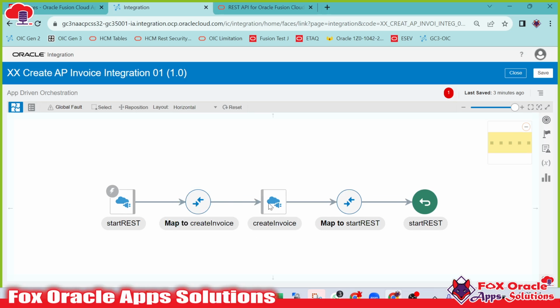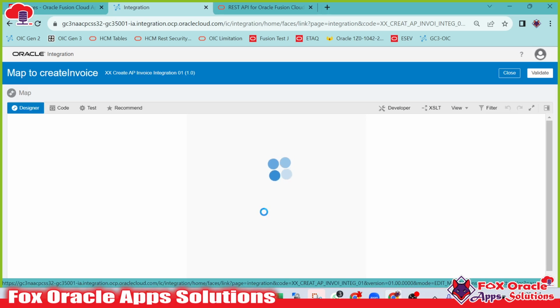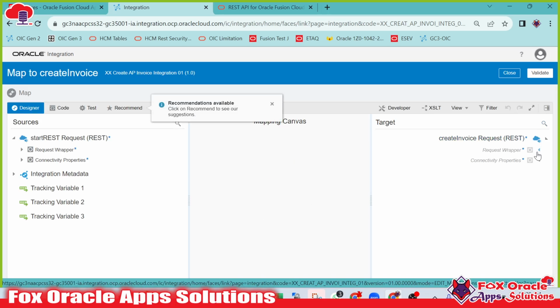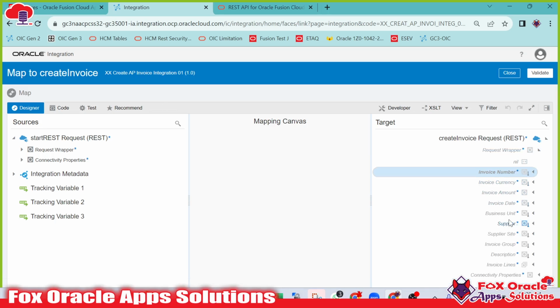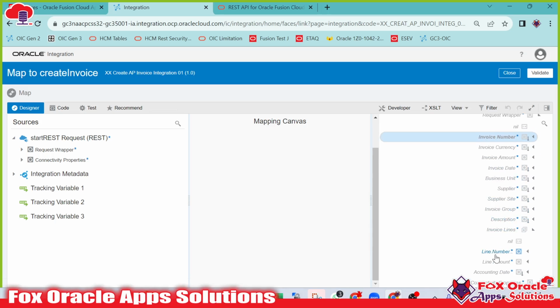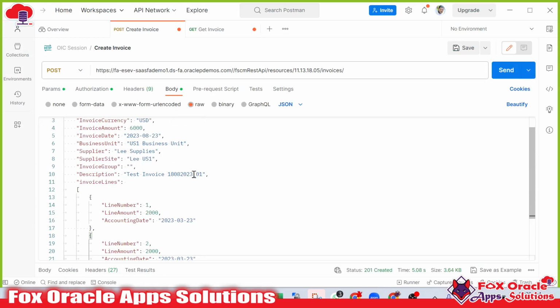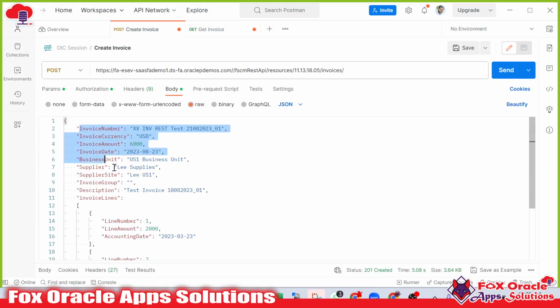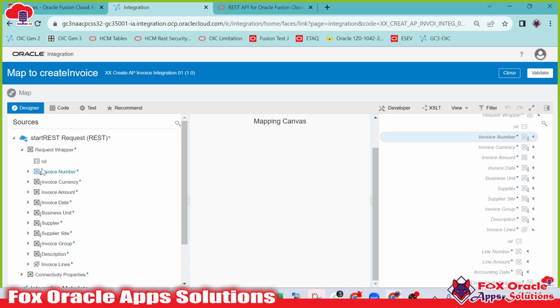So in the mapping, if we expand here, you can see in the request wrapper we have all these values. Invoice line, once we expand the invoice line, here you can see we have the line details. Same as whatever values we have here, you can see the invoice line and the invoice header details. The same we have to map, and we know that all these values we are getting as a request payload of that integration, right? So we will expand the request wrapper, and in the request wrapper you can see we have